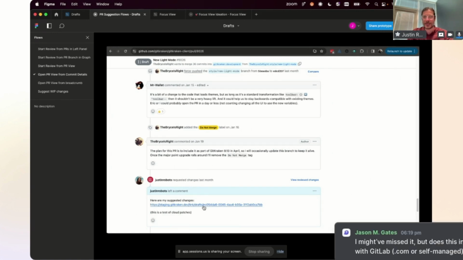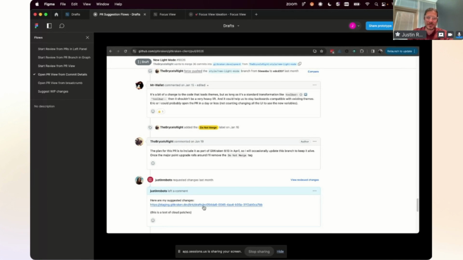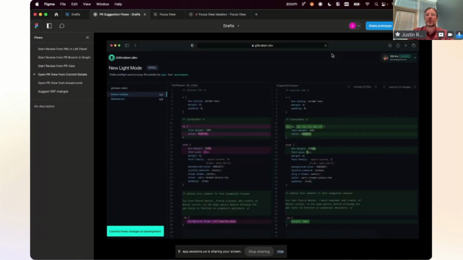And if you haven't heard about that, that's our browser surface that we are bringing GitKraken functionality to. So if someone sees this in their comment inside of a PR, they could click it, and now we will have the ability for that code, that patch information, to be rendered inside of a browser. So that someone that might not even be using GitKraken client can come in here and say, hey, here are some changes that person made to this PR, and I'm going to accept these changes essentially and commit those changes